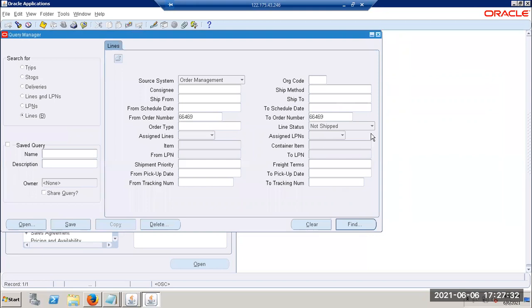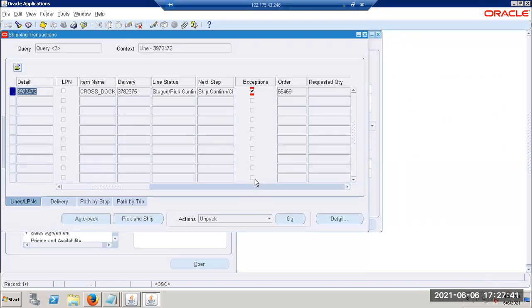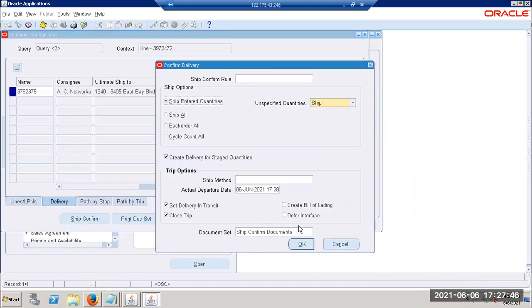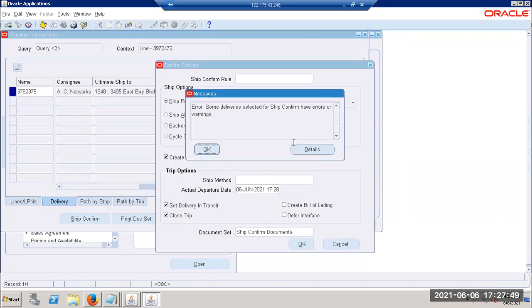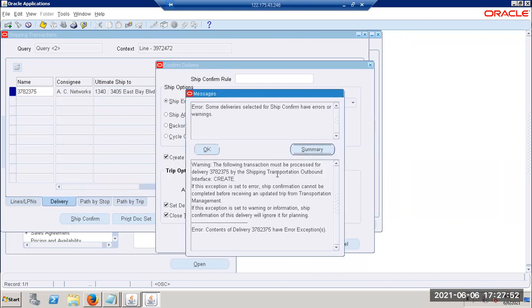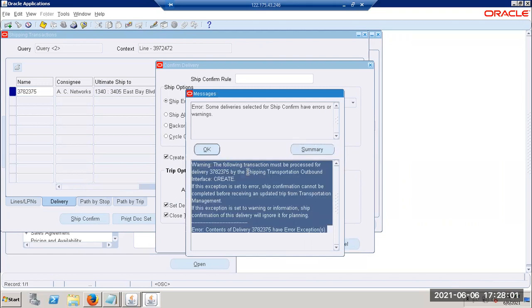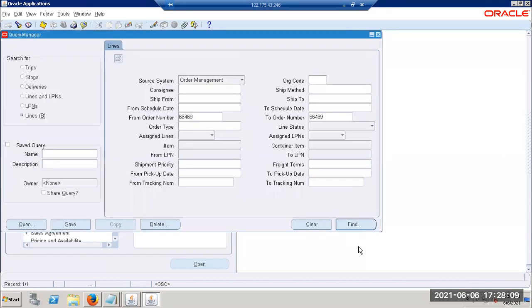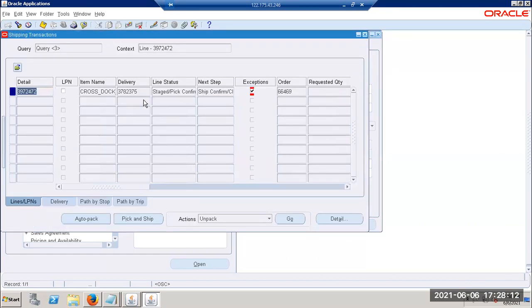What happened? Is it not performing? Let's see what the issue is. What is the error? Let me see once again. Some error is there. I think someone is testing the shipping transportation outbound interface. Let me do one more thing. Let me take that delivery.